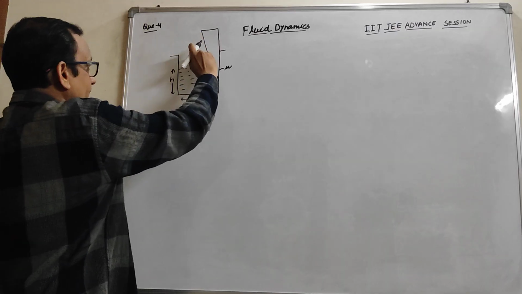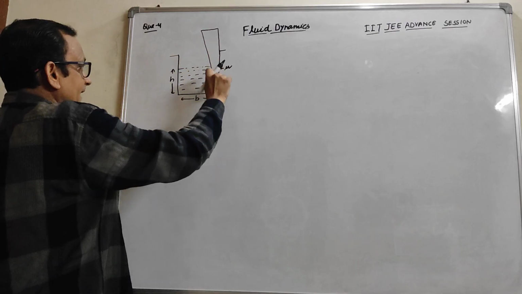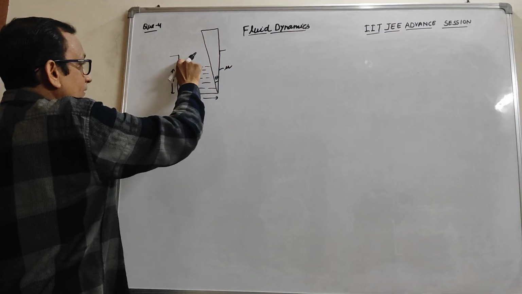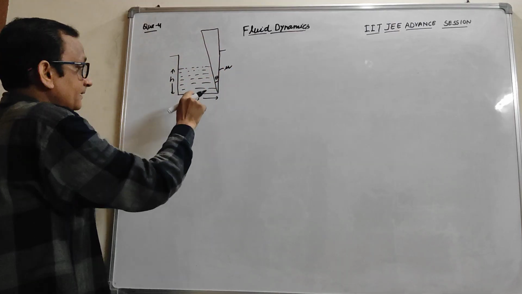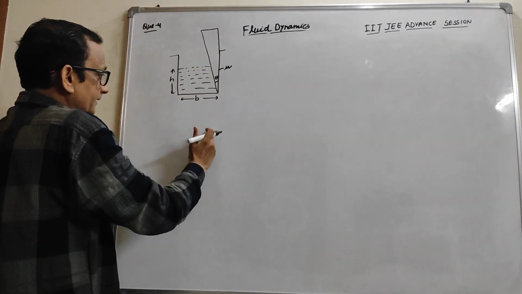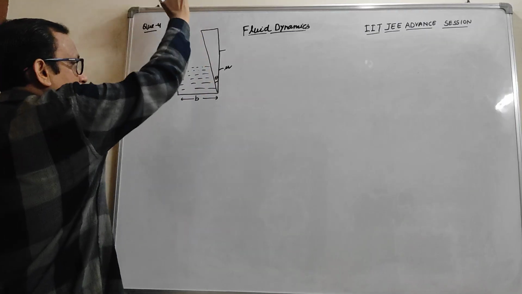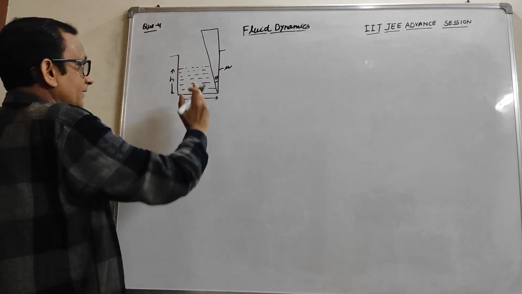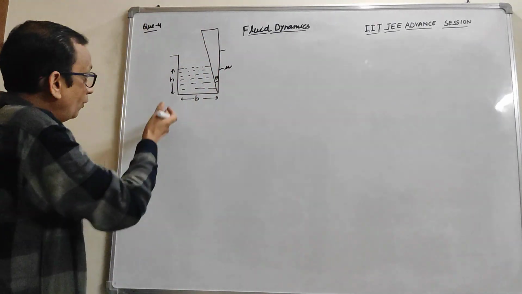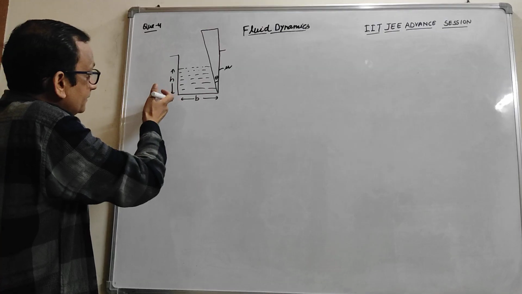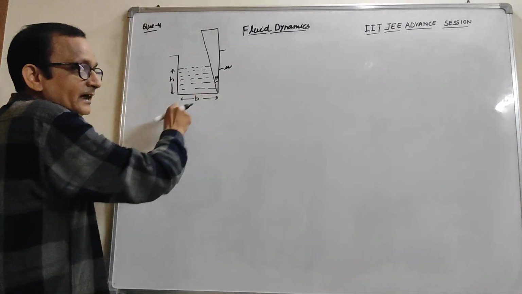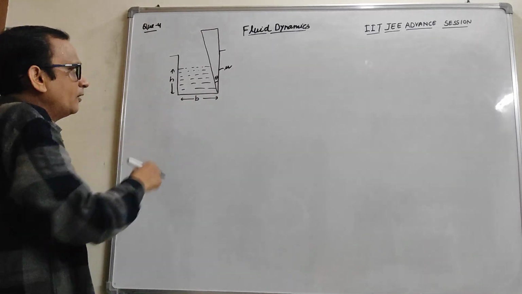Suppose we pour liquid up to this height or this height, then the force acting on this block would increase, because the submerged height of the block increases. Then the buoyant force also increases. The gravitational force is acting downward and the buoyant force is acting upward. So with more buoyant thrust on the block, this block lifts up and leakage starts from here. So we have to calculate the required height so that this block is not lifted up, so no leakage from here. This is the question we have to solve.